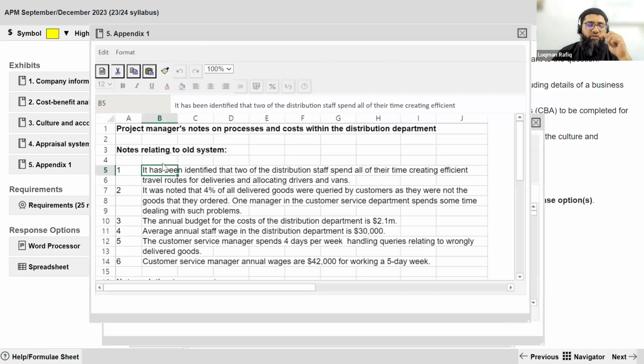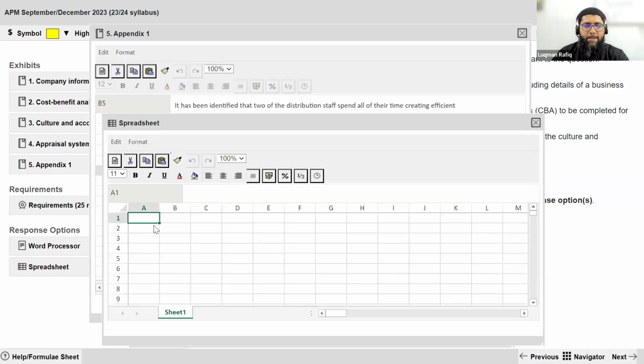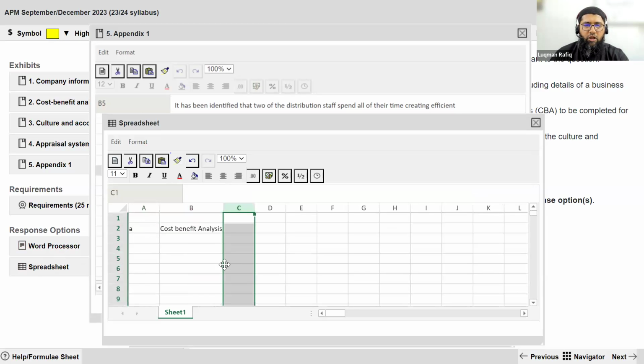Okay, notes relating to the old system. It has been identified that two of the distribution staff spend all their time creating efficient travel routes for deliveries and allocating driver vans. So with respect to part A, which is the cost benefit analysis that we have to perform, if I talk about the old system,